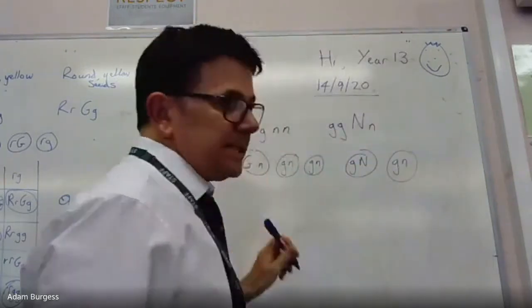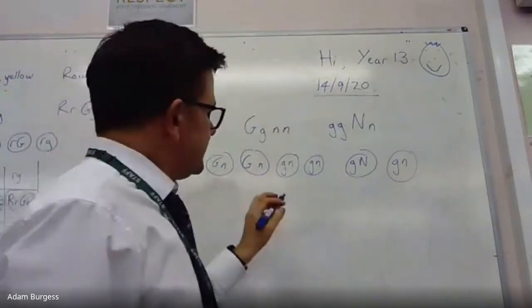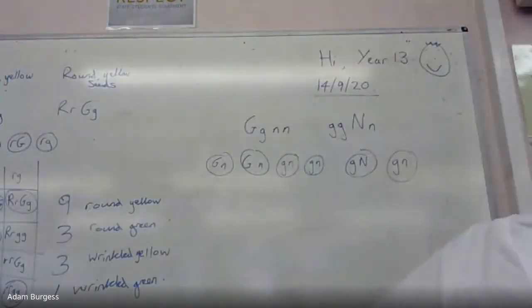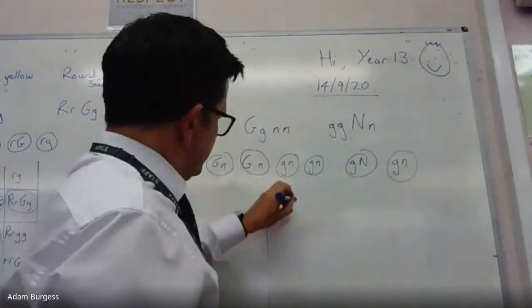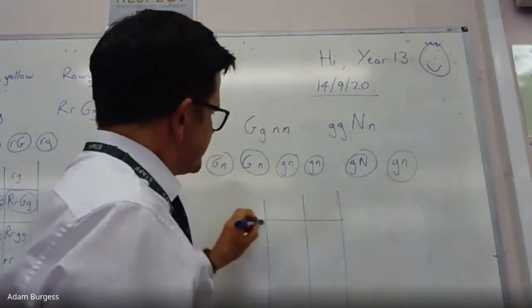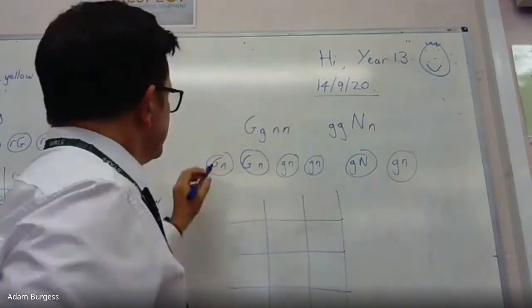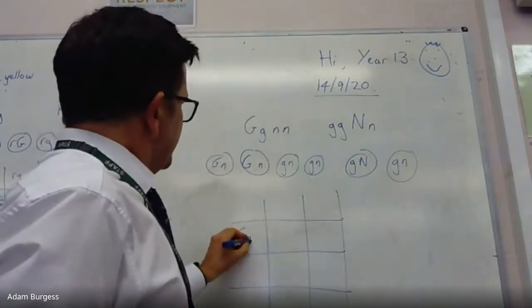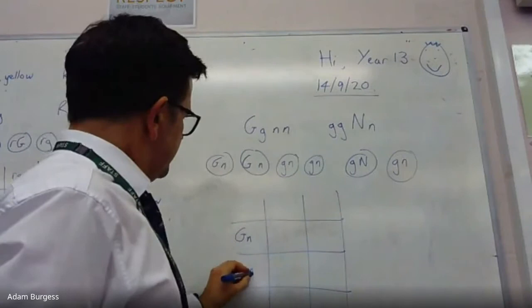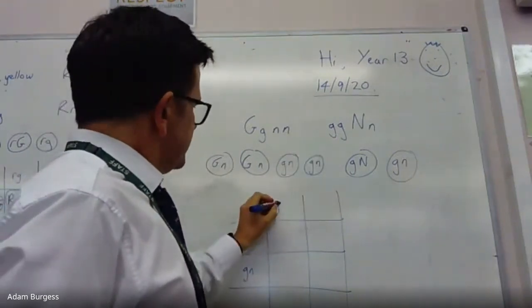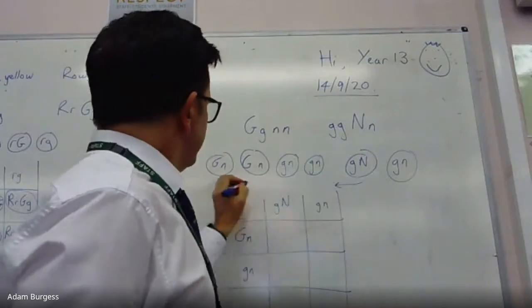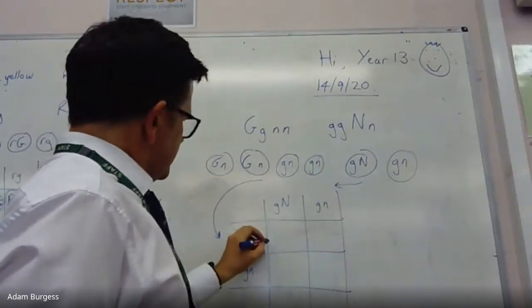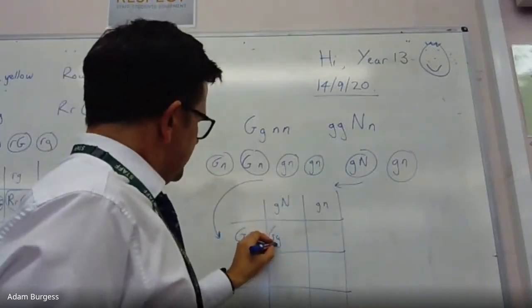Okay, and then you just literally do a cross. So I'll just do the cross. I just want to check that you can see this. So I'm only going to do 4 because 2 of them are the same. So G, N, G, N, and then little g, big N, little g, little n. Okay, so for that, and that's for that. So the answers will be